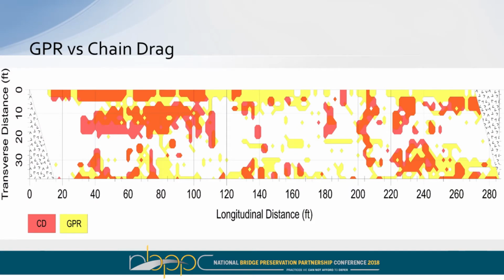However, if we look at GPR overlaid with chain drag, there is a lot of similar information, and that's probably why most people think that GPR can identify a delamination. The yellow indicates areas on this bridge deck where the attenuation is high, and the orange is where the chain drag survey found deterioration and a spall. And you can see that there's a lot of areas of delamination surrounded by yellow, and you can see where the progression is. Yes, they agreed on a deterioration mechanism there, but also GPR is finding more